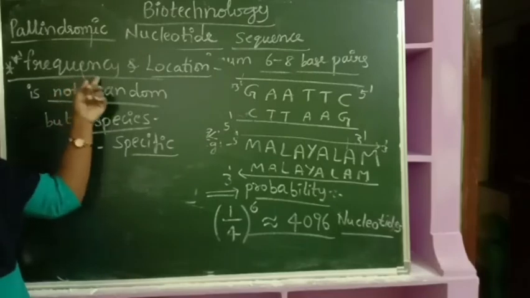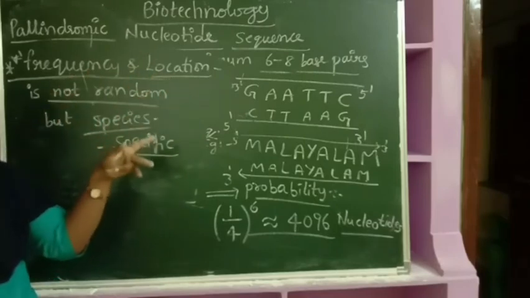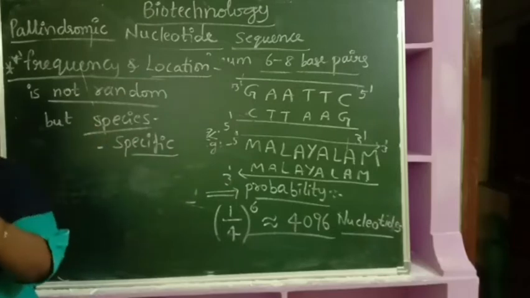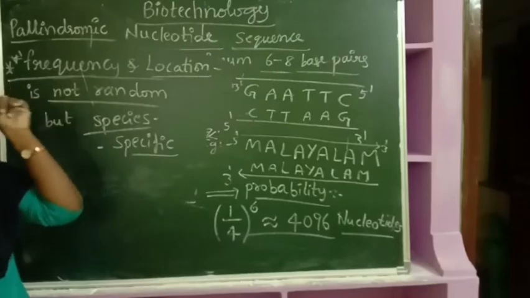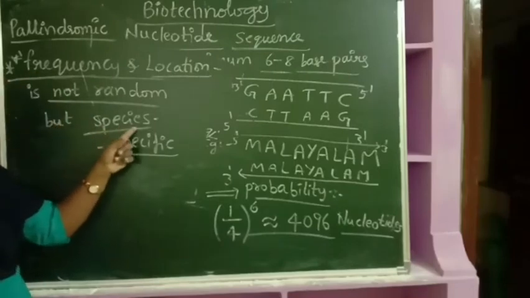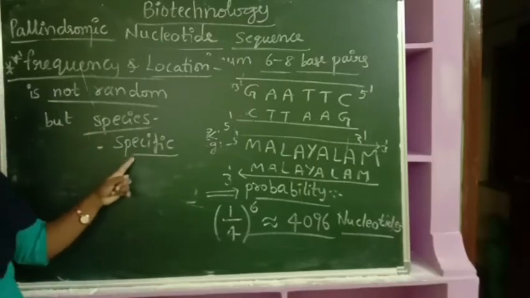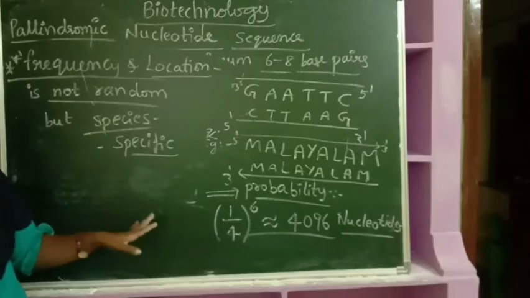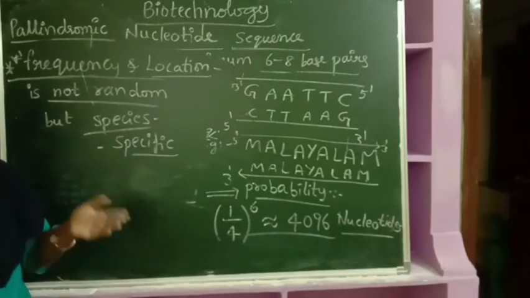And the frequency means the number of fragments and where to cut also. It will not simply decide, okay, here I'll make a cut, here I'll make a cut. It will not do so randomly. But then how will it choose the location site where to cut? It is always species specific. In every species, there is a specific site for cutting by restriction endonuclease into a number of fragments to undergo the process called replication.